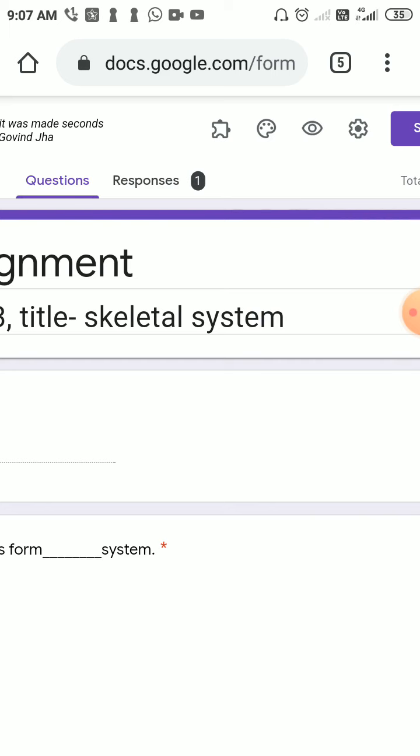But here there is a limitation of this Google form, because there are some technicalities. I just gave this time limit from 10 a.m. to 12 p.m., but there is a 20 minute gap, so it is possible that Google form will not open at 10 a.m. It might open at 10:15 a.m. or 10:20 a.m., so plus minus 20 minutes.